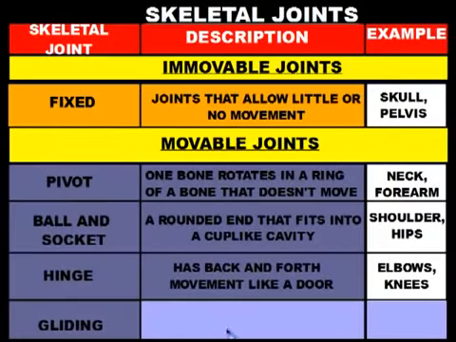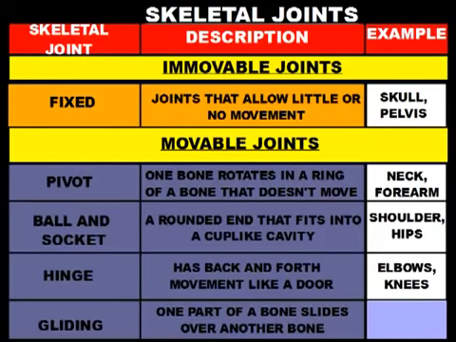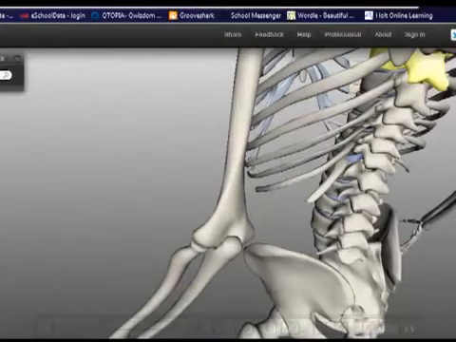Our last joint that we have is called a gliding joint. A gliding joint occurs when one part of a bone slides over another part of the bone. You can find gliding joints in your spine, your ankles, and your wrist. So if you go back to Steve one last time,